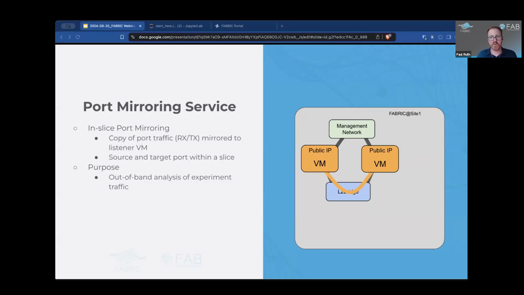And that might actually interfere with the performance of the experiment or have some overly complicated configuration. So what we can do now is add a third VM here that's a listener VM connected to the same L2 bridge. And then you can instruct the bridge to mirror traffic that is either transmitted or received